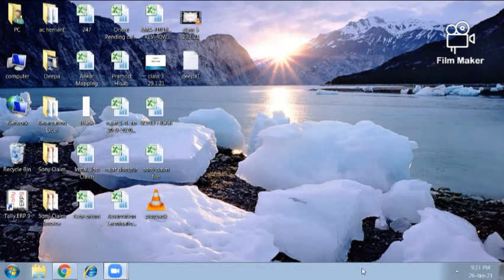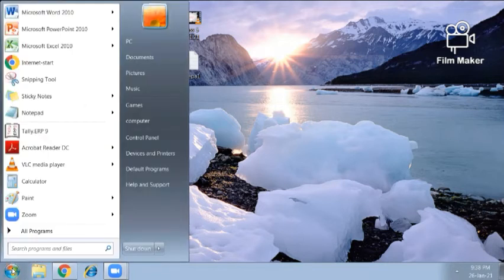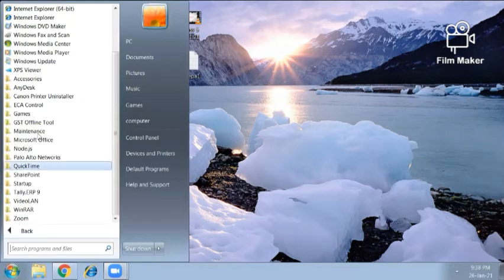So the word is open. What I have to do? I have to select the Open option. So first, to open a file, we have to open Notepad.